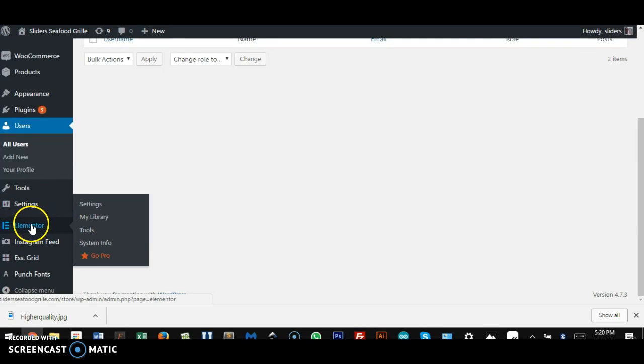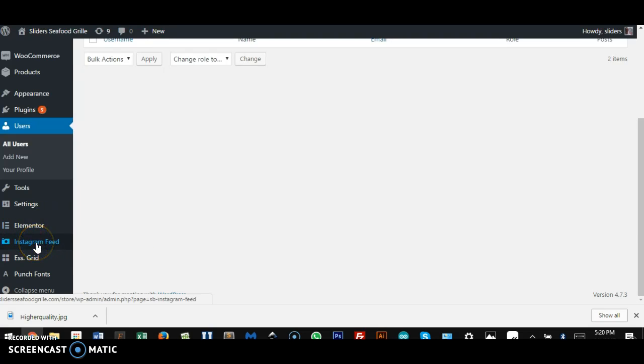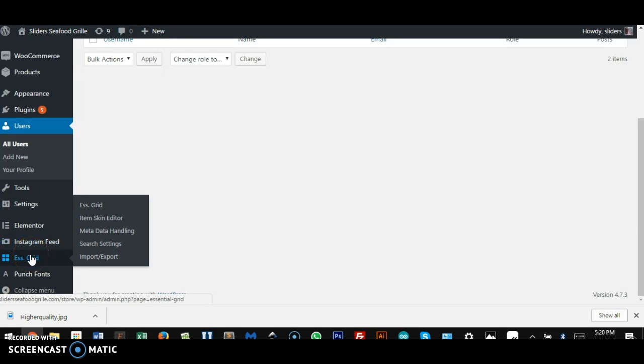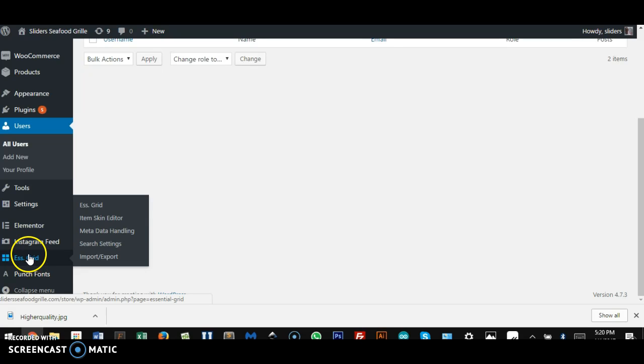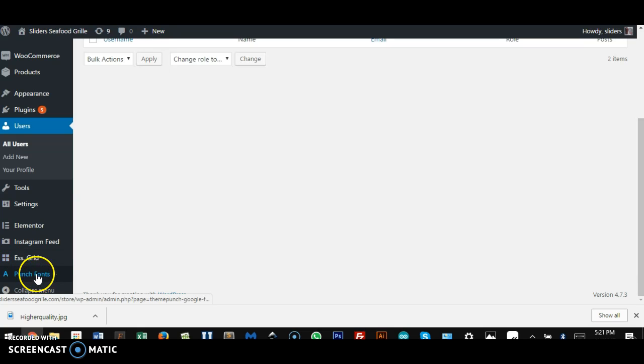Elementor, this is a very powerful page builder plugin that I have installed here, and this is another plugin, the Instagram feed. This is Essential Grid, and so we could see Elementor in a later video, and we will see Essential Grid in a later video, and this is also another plugin just for dealing